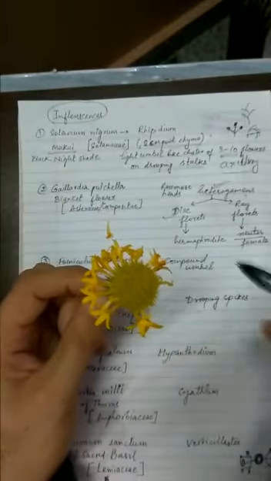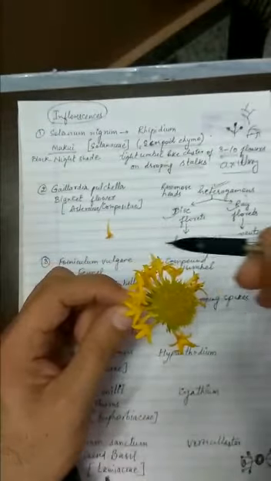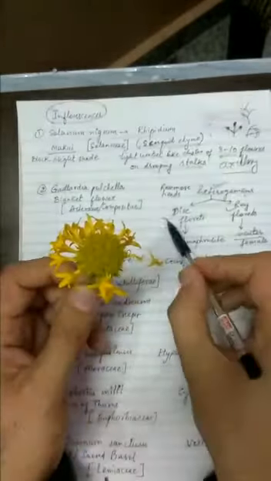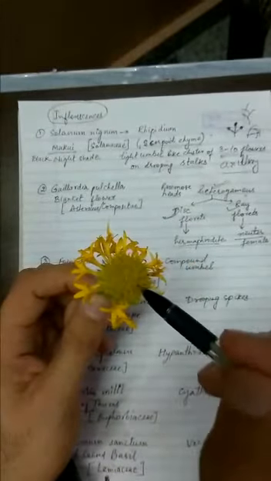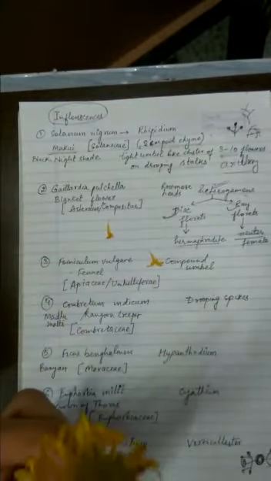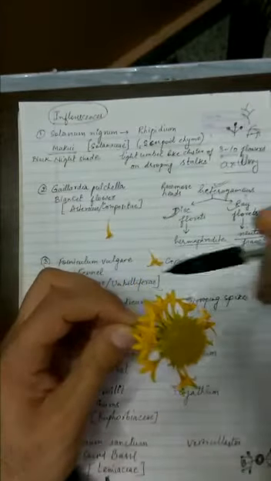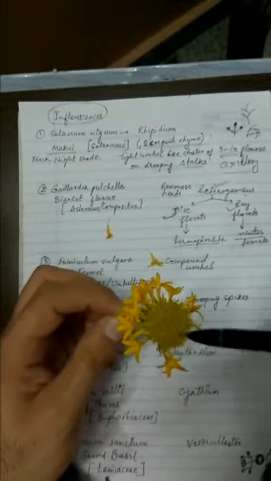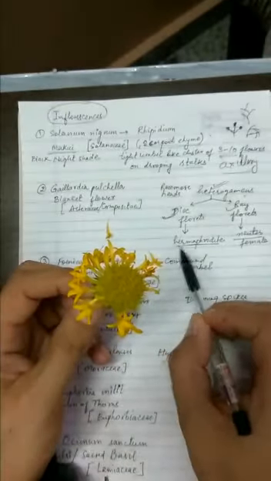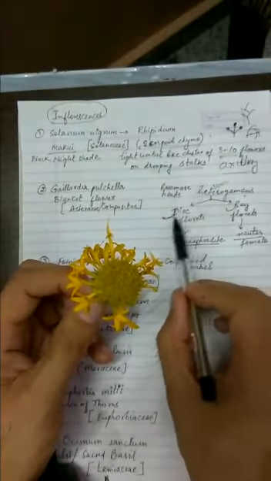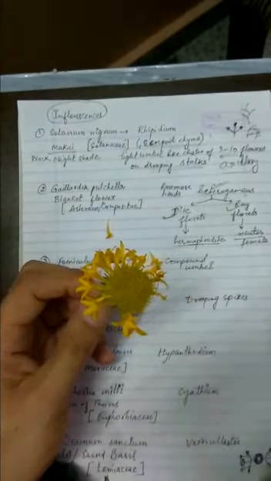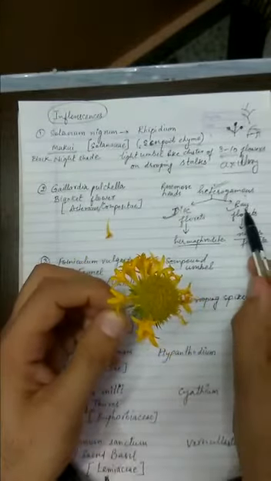The outer florets are called ray florets, and the central florets are called disc florets. Now disc florets will generally be hermaphrodites, so they are the ones which form seeds. If you have ever seen a sunflower blooming and developing into seed, you will find seeds never develop on the corners, seeds develop in the center, because the central florets are hermaphrodite, and because they are present in the center, they are called disc. And the corner ones are called the ray florets.